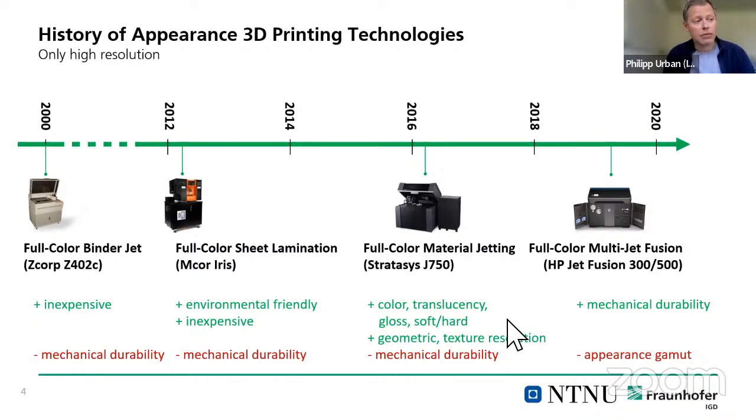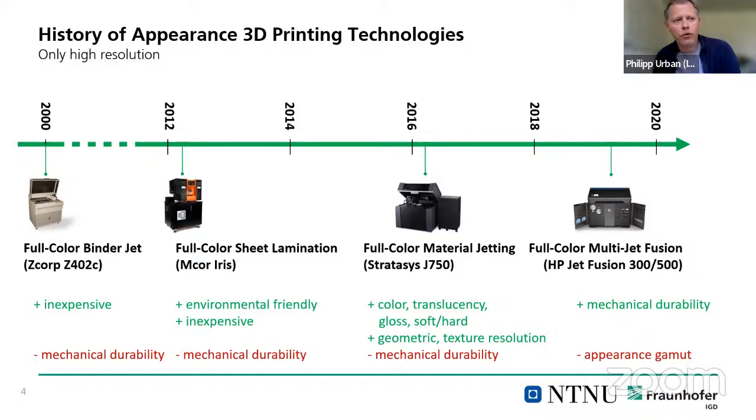The only problem is that the mechanical durability is very low. Since all of the prints that I will show you in the next slides are printed with material jetting, and I think Tobias will also show his approach for material jetting, mostly focusing on material jetting,